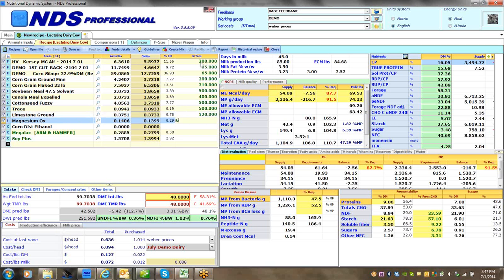I'm just throwing in some prices here, and I can see where I come up with. So now I can see that my feed price is $6.78. I can choose whether these are purchased or home-raised feeds. And again, I've got a bunch of information here that is probably going to be a little more than this